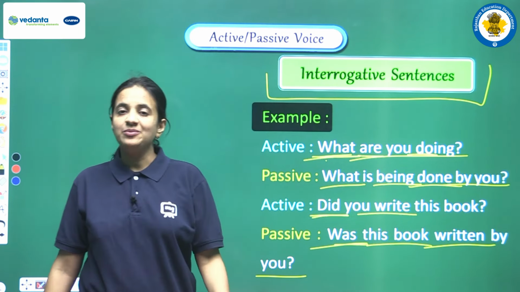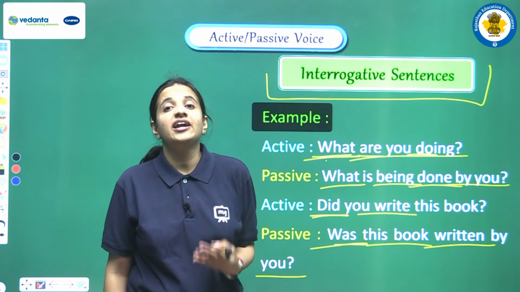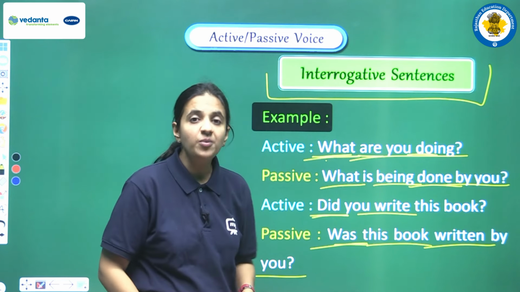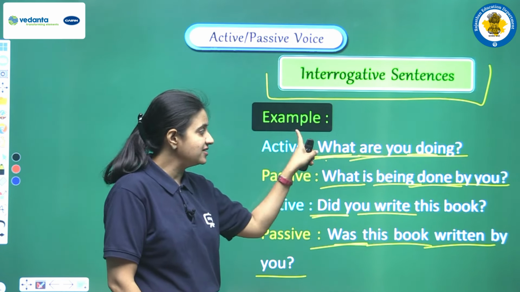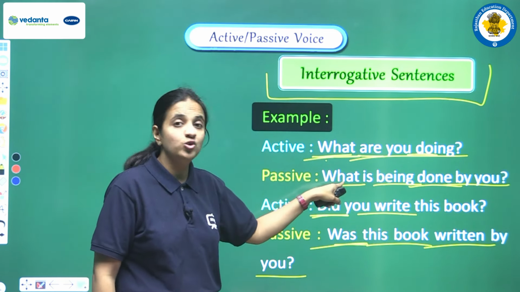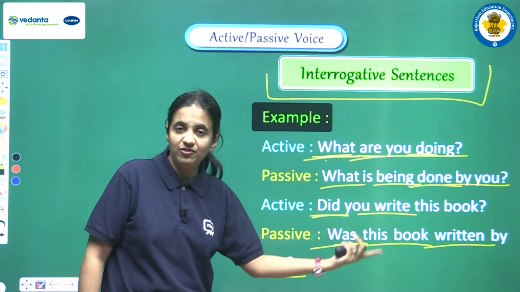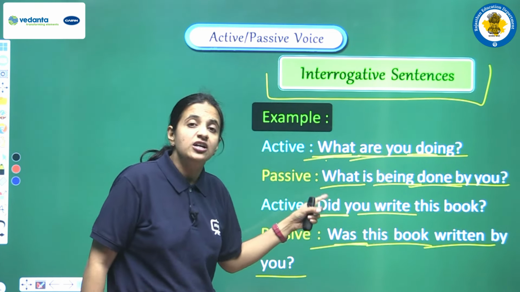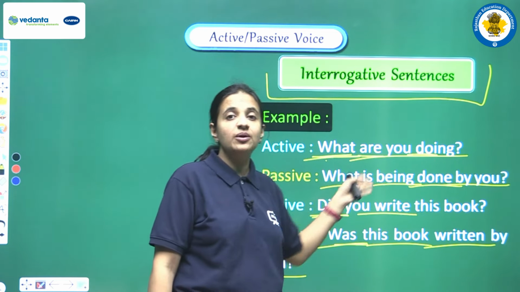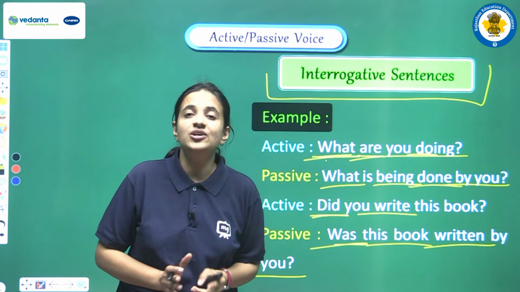Okay, so again I am clearing this thing: all the interrogative sentences that we are having in the active voice, when we are converting them into the passive voice, we have to maintain the form, and they can be in two categories. First, in which we are having any WH word. So in the passive voice also we have to use the same WH word, and if we are having any auxiliary, any modal auxiliary, any helping verb, we can do the changes according to the rules that we have discussed, and the rules of the main verb and helping verb will be the same. There are no changes in the rules.